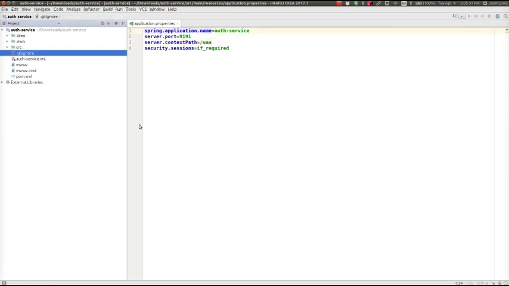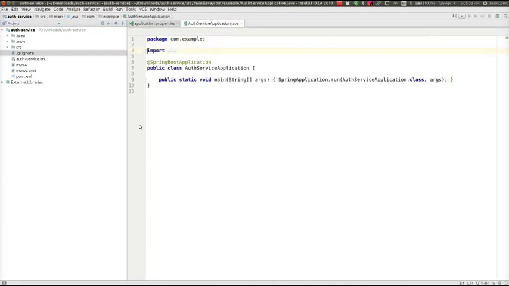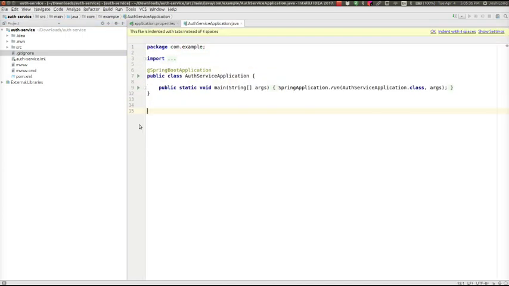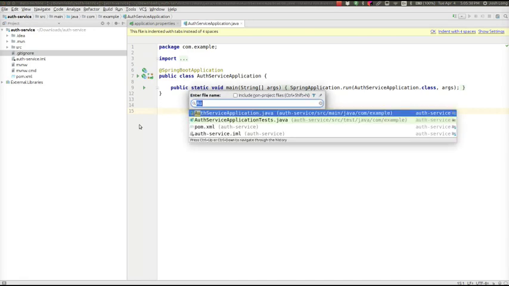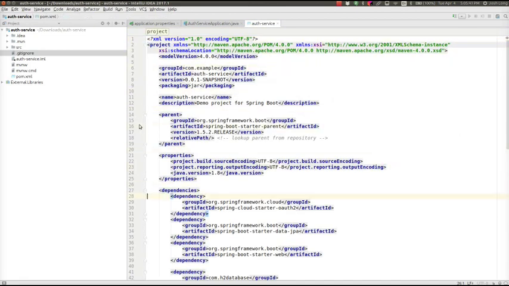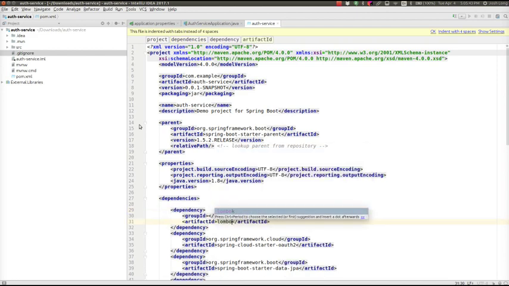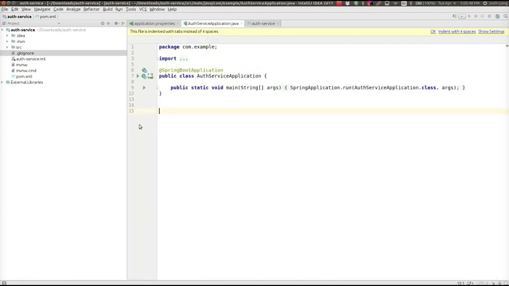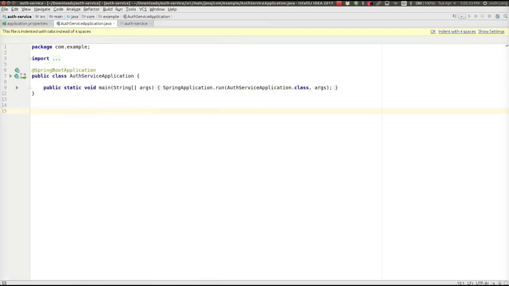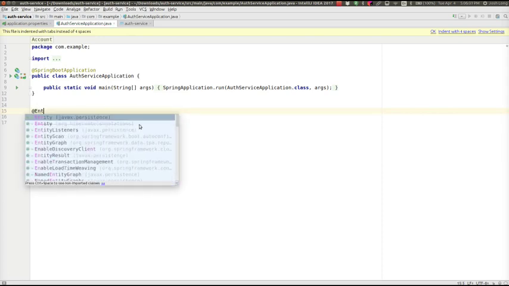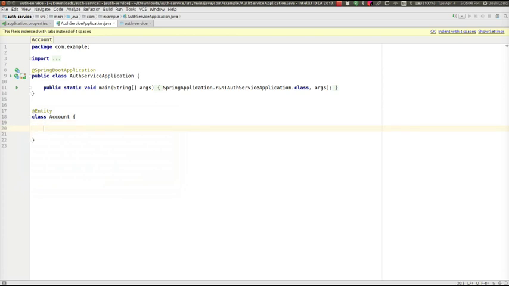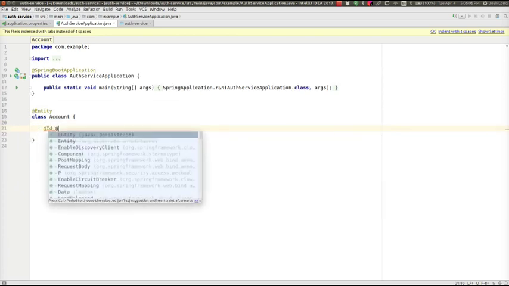Now let's focus on the code here. We're going to build an authorization server, as I say, and the authorization server is going to work in terms of JPA. So in order to do that, I'm going to use Lombok, the compile time annotation processor that I neglected to include in the application when I generated the code from the Spring Initializer. And what I'm going to do is build a simple entity, a JPA entity called an account. So I'll say class Account, and the account will have an @Entity, and I'll say @Id, @GeneratedValue,